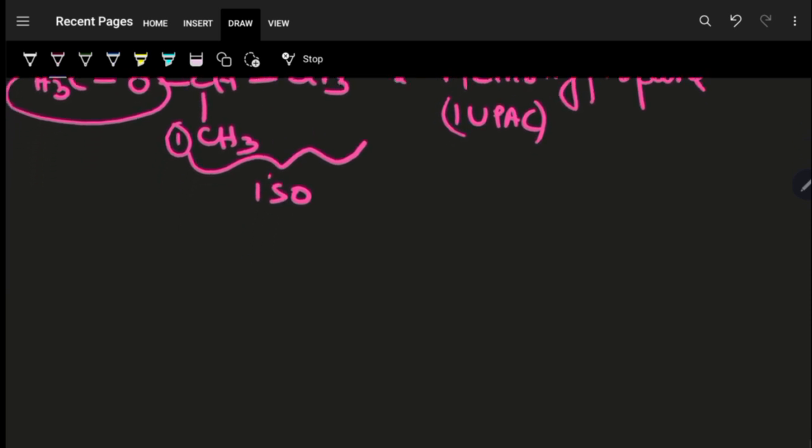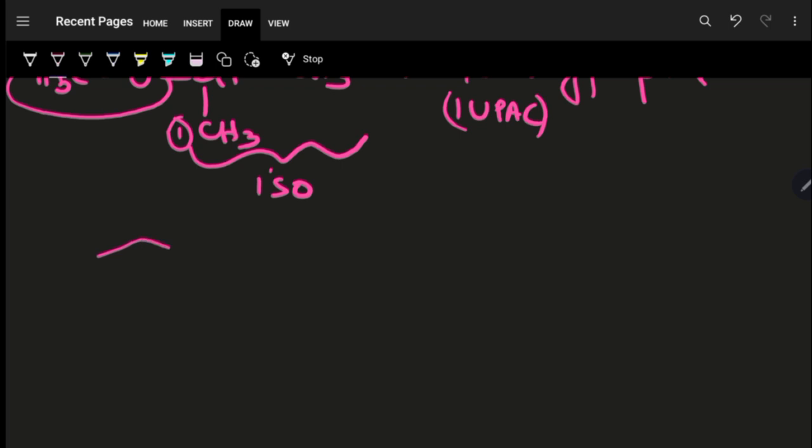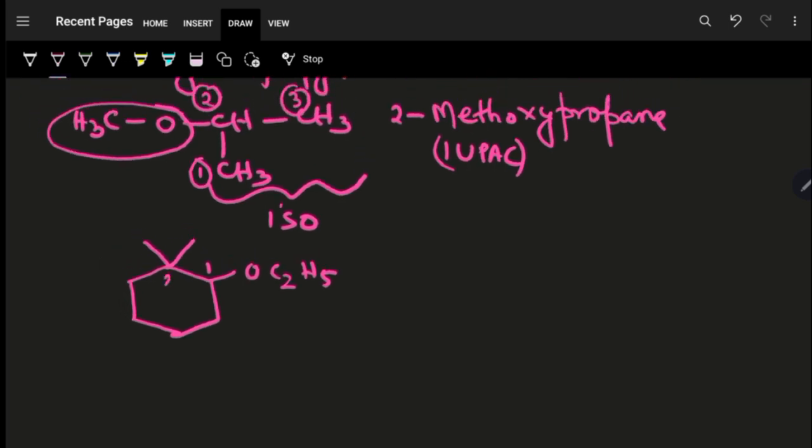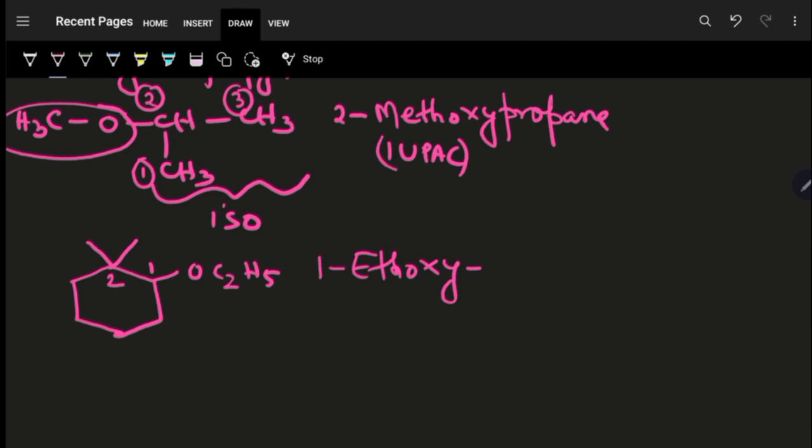Suppose one last example, let us see. For this, a cyclic system, not a benzene. Note that there are 2 CH3 and 1 OC2H5. So 1 ethoxy is there. This is present at carbon number 1 because it is the functional group, the OR system, ether. Next to it is carbon number 2. So at position 1 there is ethoxy and at position 2 there are 2 methyl. So I will say 1-ethoxy-2,2-dimethyl